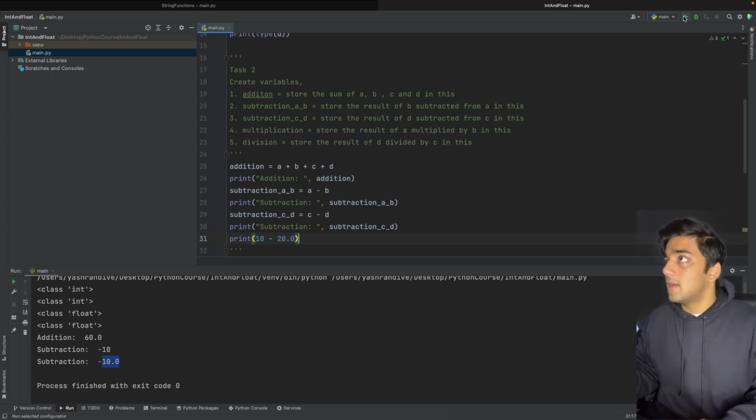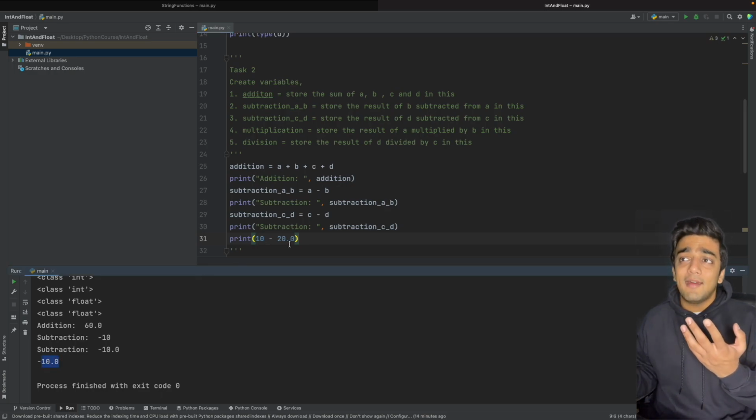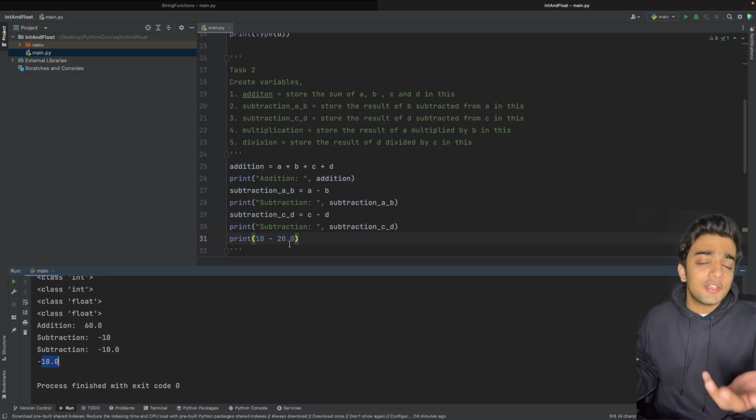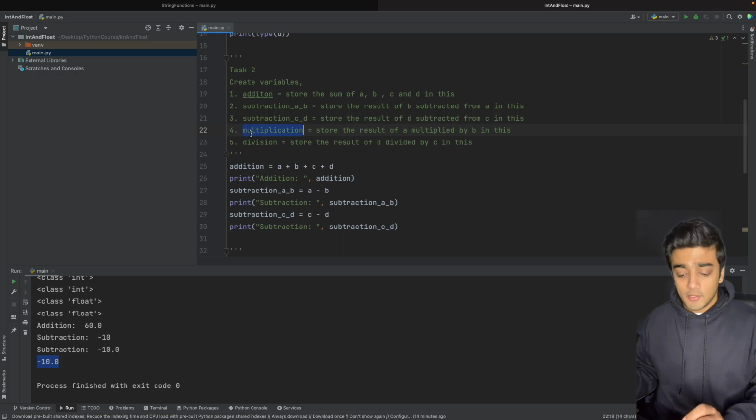And when I click on run, that gives me the answer minus 10.0. So we also need to know that whenever you subtract a float from an integer or an integer from a float, you'll always get a float as an answer. So I'm just going to remove that to clear the clutter and move on to the next one, which is